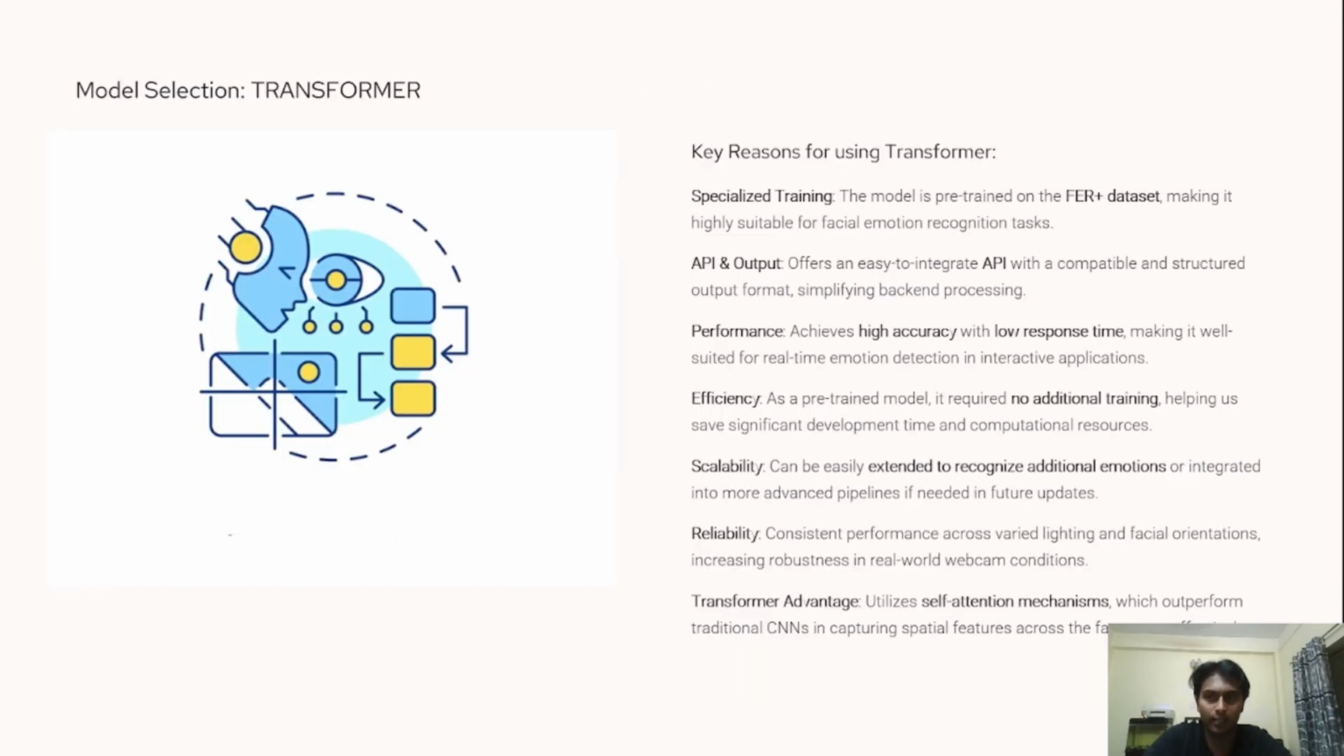Model selection, that is the transformer. The key reason for using a transformer is that it is specially trained. The model is pre-trained on the FER Plus dataset, making it highly suitable for facial emotion recognition tasks. The API output: it offers an easy to integrate API with compatible structured output formats, simplifying backend processing. Performance: it achieves high accuracy with low response time, making it well suited for real-time emotion detection in the